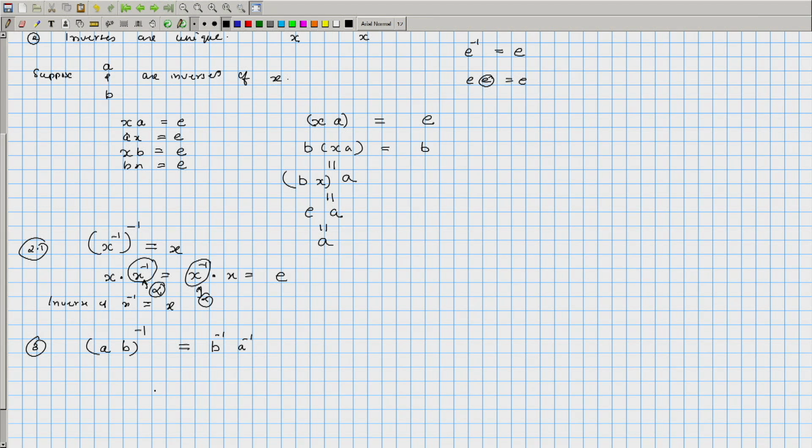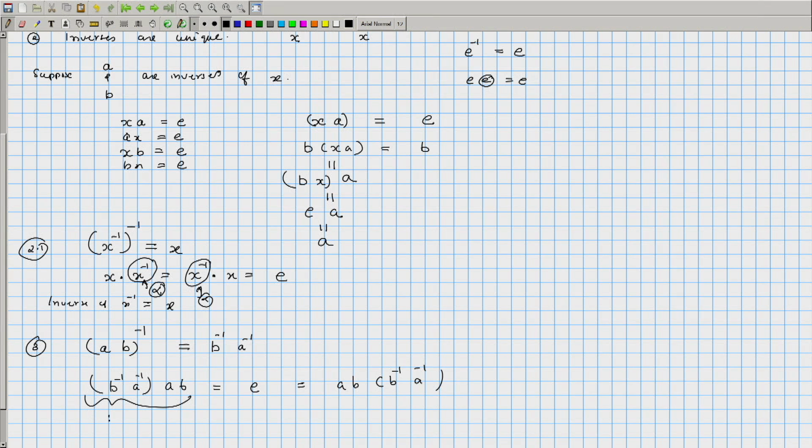Okay. That is because if you look at the product B inverse A inverse times AB, okay, this will be equal to identity, and this will also be equal to AB times B inverse A inverse. Okay. So, this has been bracketed in a certain way, but because of associativity we can just bracket in other ways and combine them and see that they will give identity.